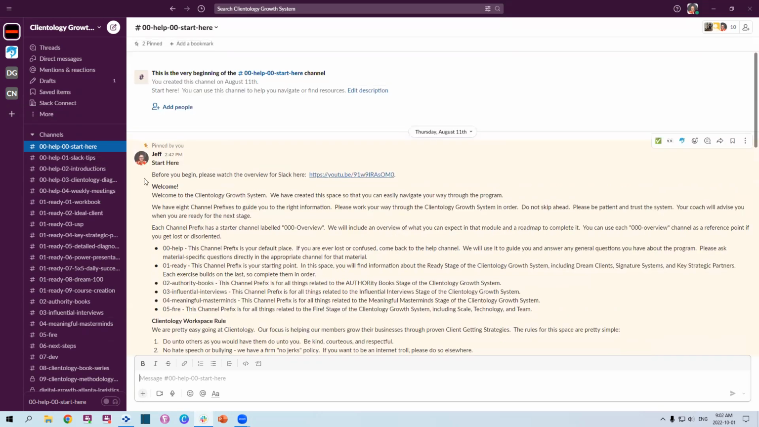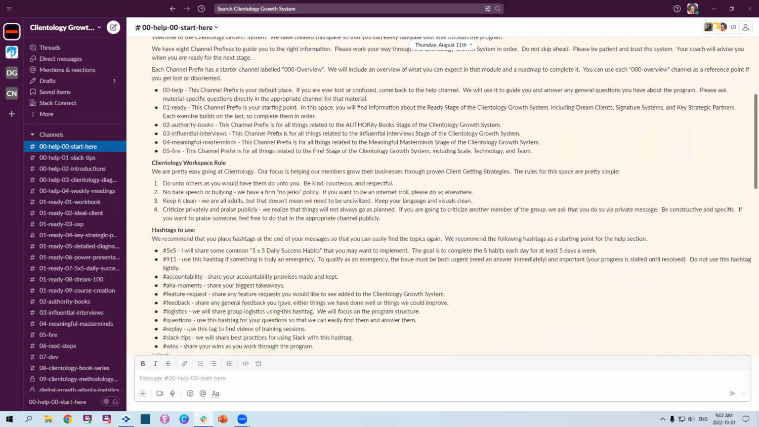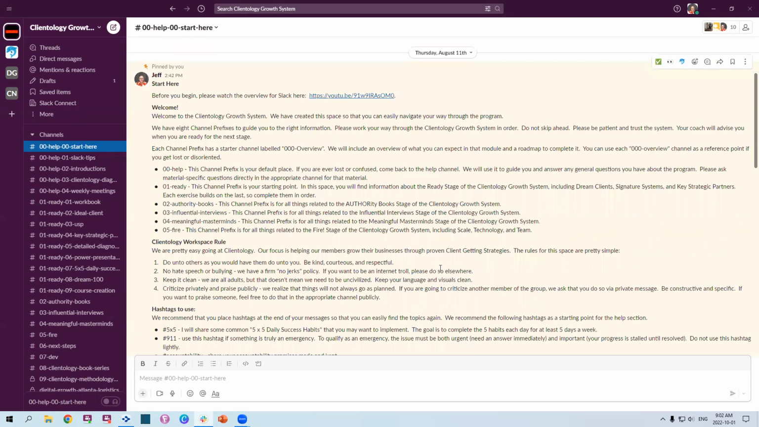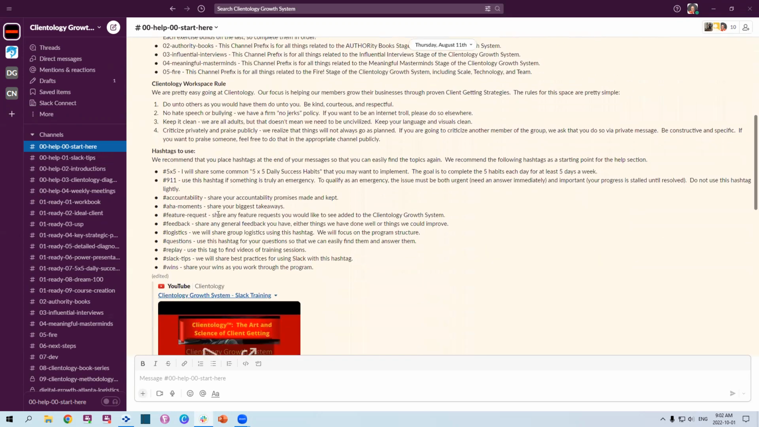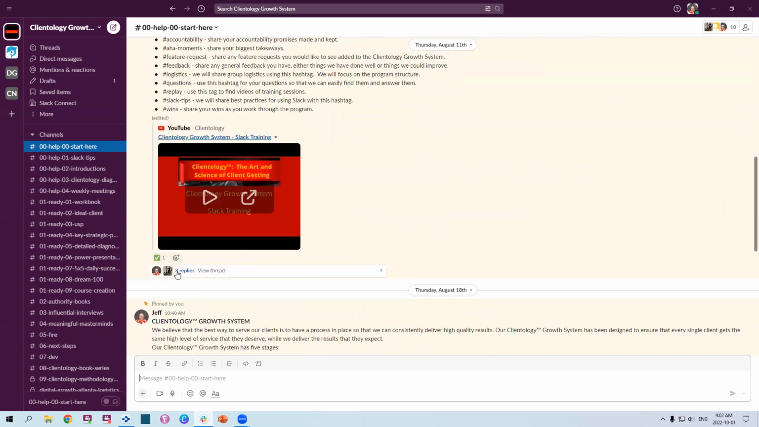Now, you can either have a message, which is top level hierarchy, or you can have a thread. So the way to know the difference is a message is always full screen and it's big and it's there. And threads are denoted by replies at the bottom. So if you want to create a new message, you just go to the bottom of your screen and